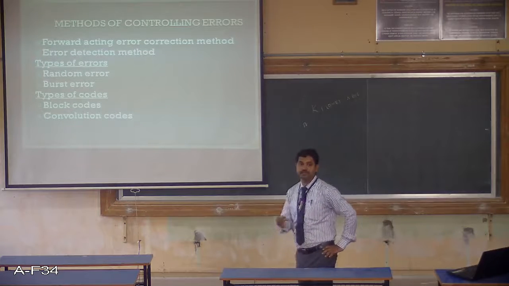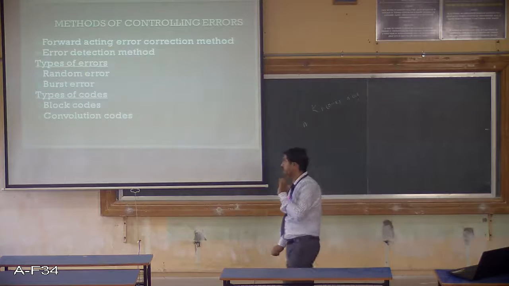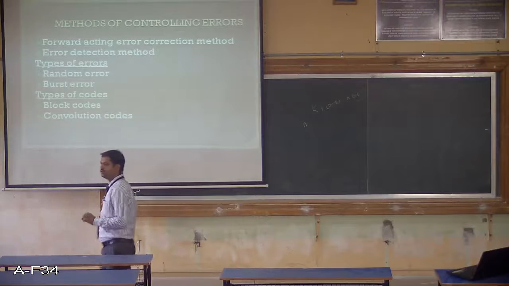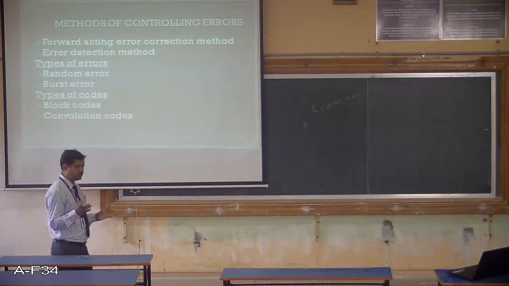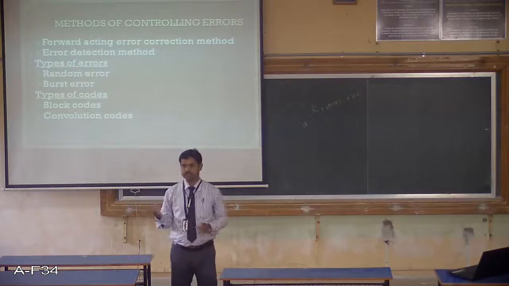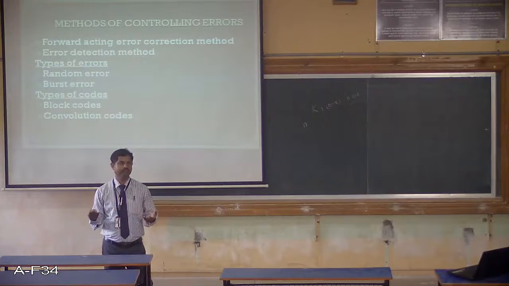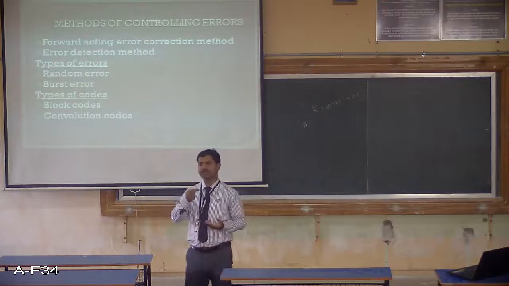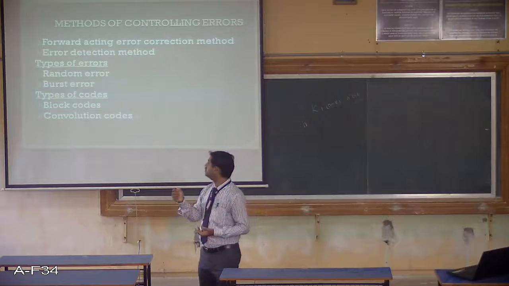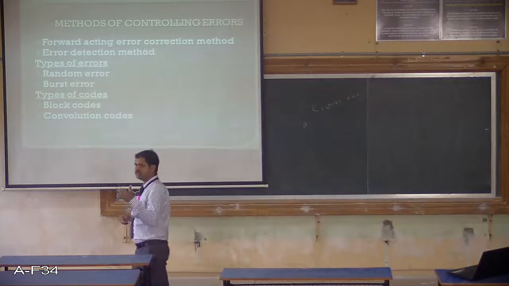We have different types of errors we deal with in error control coding. One is random error. In the transmitted sequence, errors may occur randomly. It normally occurs due to thermal noise or shot noise. We know that there is always thermal noise in electronic circuits or equipment. Due to that thermal noise, it will corrupt certain bits randomly. Those kinds of errors we call random errors. A few bits will get corrupted.